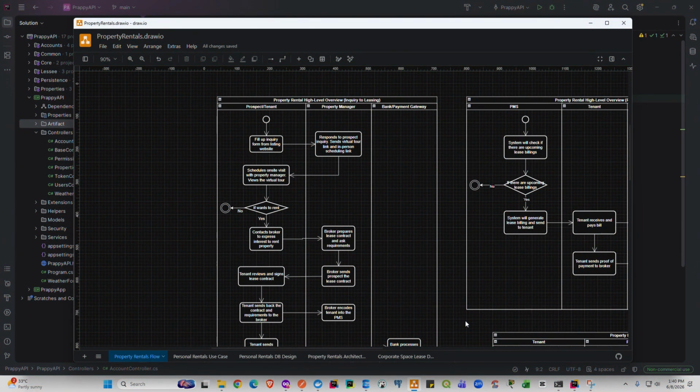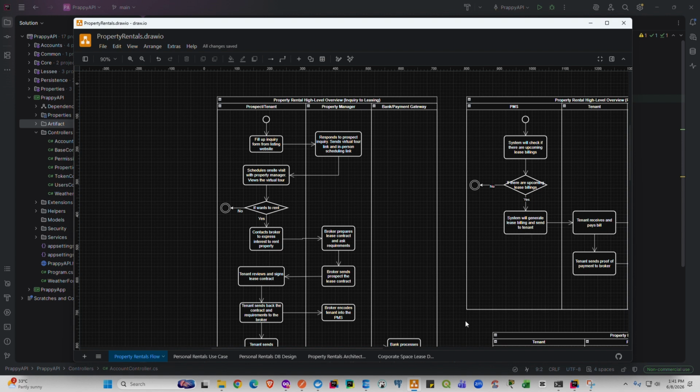So for this video, instead of starting with discussing the use cases and features for the custom property management rental software that we will be developing, based on what I've said in the previous video, I will instead start with discussing the workflow or the property rentals flow for the project, just so that we can visualize what processes are happening from start to finish within a certain context within the rentals domain. So to start, we will start with